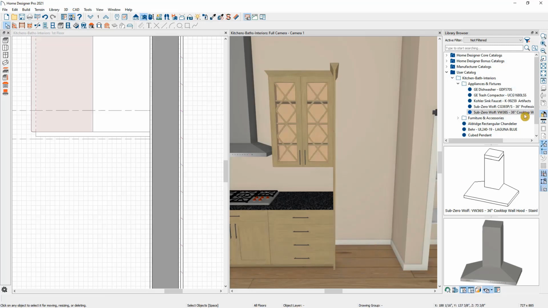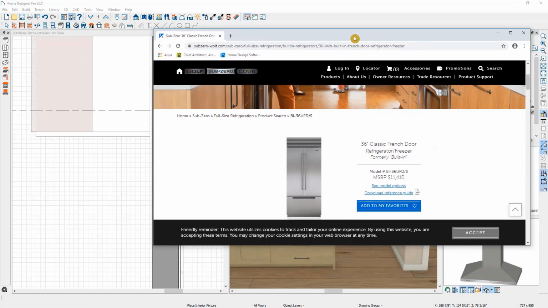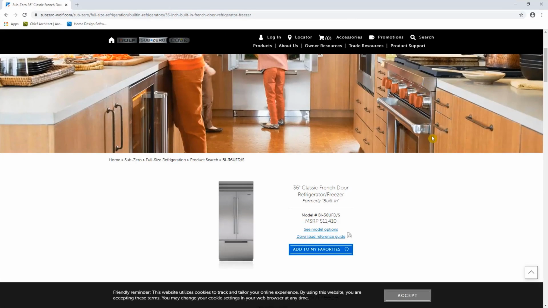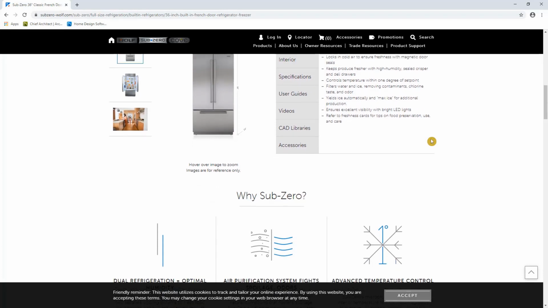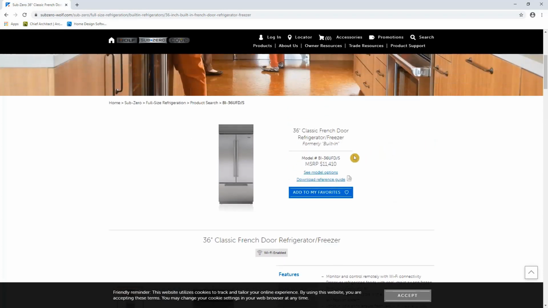So next we need to add the fridge into this area of the plan, and what I've done is I have gone out to Sub-Zero's website and I've found a fridge that I want to use in the plan, and we have a lot of manufacturer catalogs. So I'm just going to take a mental note as to the first few digits of that model number,